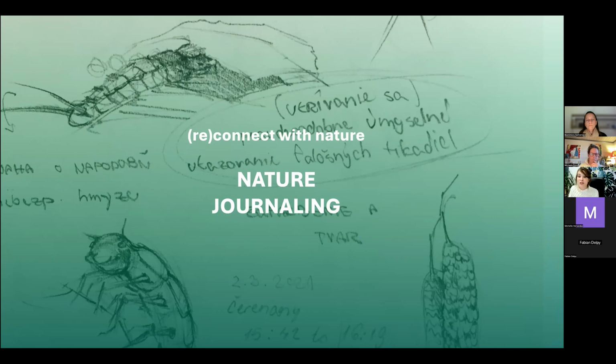In the following images, you can see the basic exercises with which students begin in their first year as a part of their studio work and practice. These exercises involve nature journaling, and the students are introduced to outdoor sketching and observation of all living things in their surroundings. And with this methodology, these exercises represent our approach to the essential element of reconnecting with nature